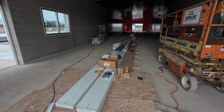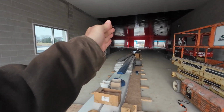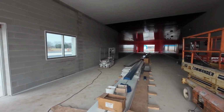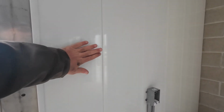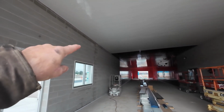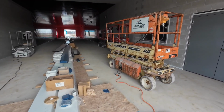Now, once you're in line, we've got the track that's all the way down the center here, and that's going to take your vehicle and move you along. But we're putting this white vinyl. You see we've got this all set up right here, this PVC board. That is going to be about the first 35 feet in here. And what's happening in this first 35 feet,